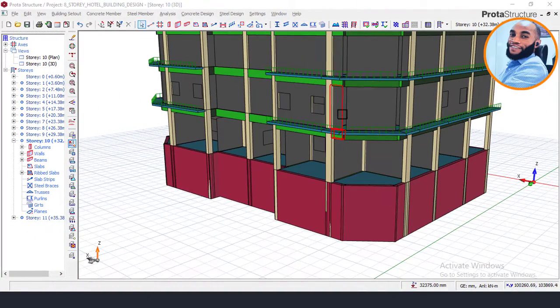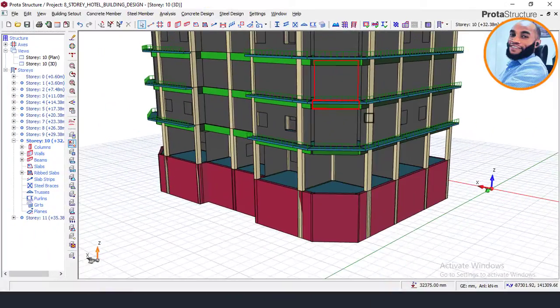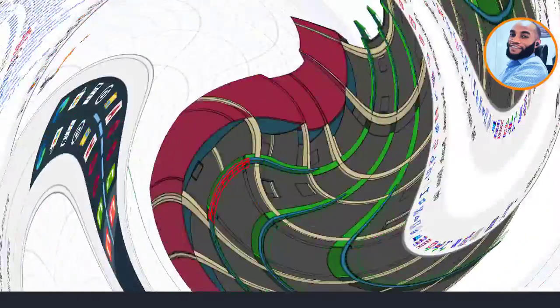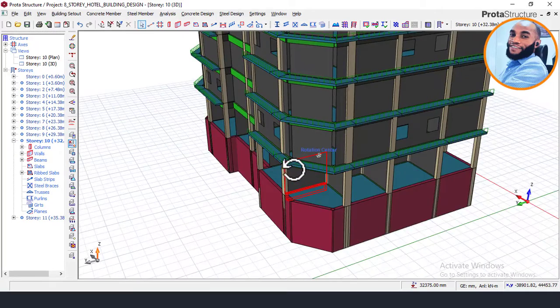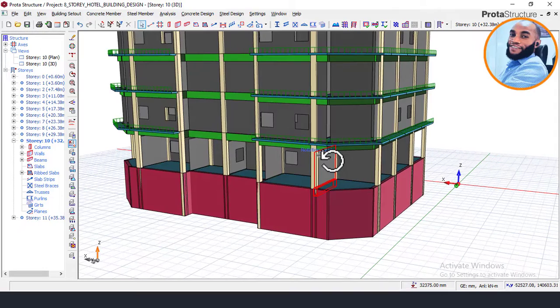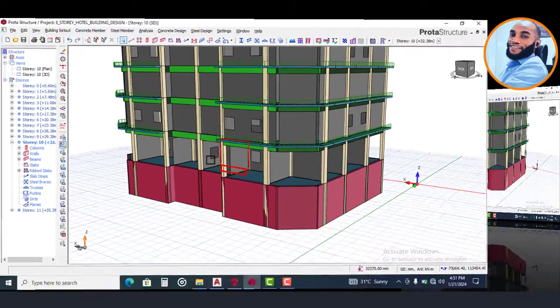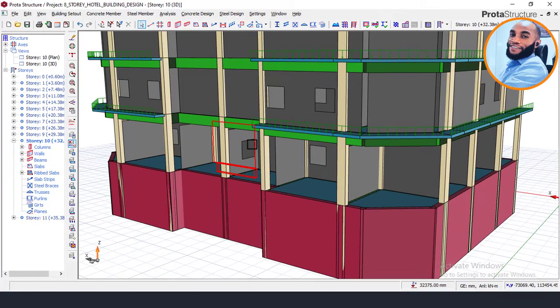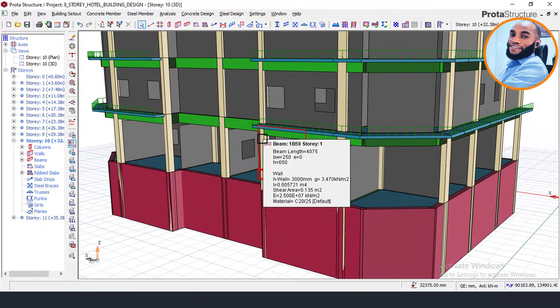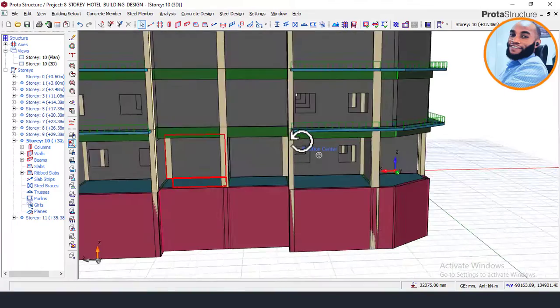Hello, do you want to know about basement wall design or retaining wall design in civil engineering using the software ProtaStructure? Today, I'll be teaching you how to apply surcharge load on your basement wall or your retaining wall in this software, ProtaStructure. Now, when we talk about basement wall design or retaining wall design in ProtaStructure, we talk about